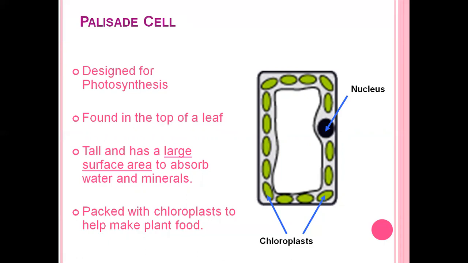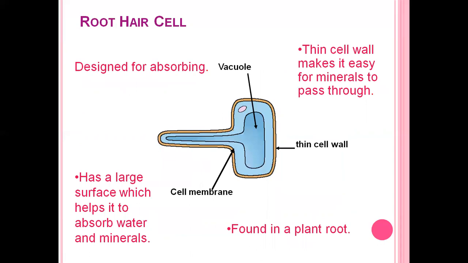of water and minerals. Root hair cells are responsible for the intake of water and minerals from soil. They are adapted to their function as they have a large surface area to do so. The thin cell wall makes it easier for the minerals to pass through it. Root hair cells have a large vacuole which speeds up osmosis, bringing more water inside the cell.